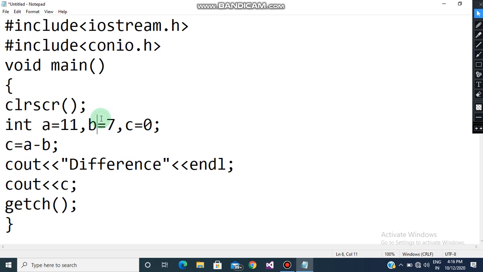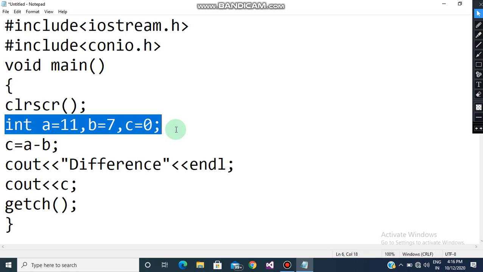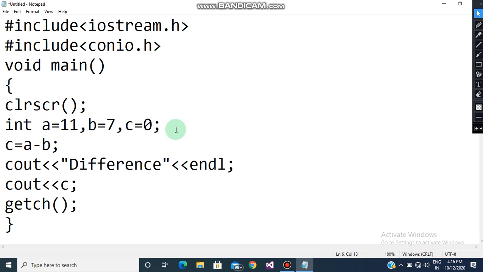After this, here is the variable declaration line. What is this line known as? This line is known as the variable declaration line. Why do we need a variable declaration line? Because it could be very easy, like if we had written 11 minus 7 we would have got the answer, but in the question we have been asked to use variables, so that is why I have written the data type int over here. Why? Because my 11 and 7 are both integer numbers, they do not have any decimal point, so that is why int is the data type.